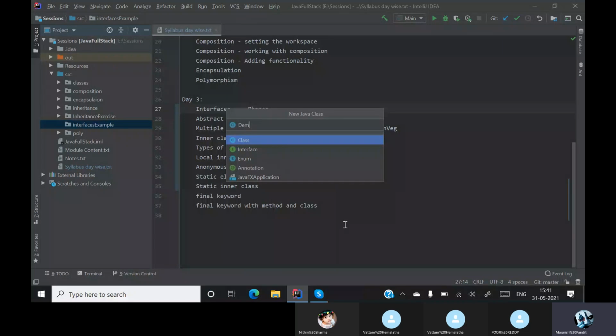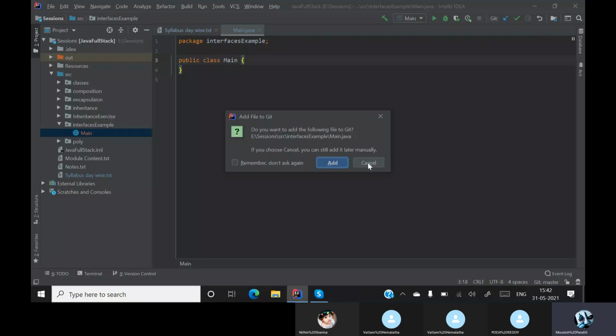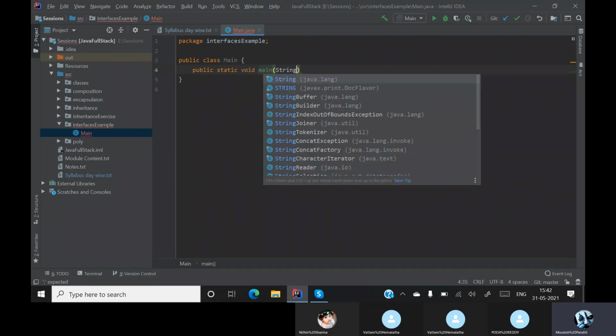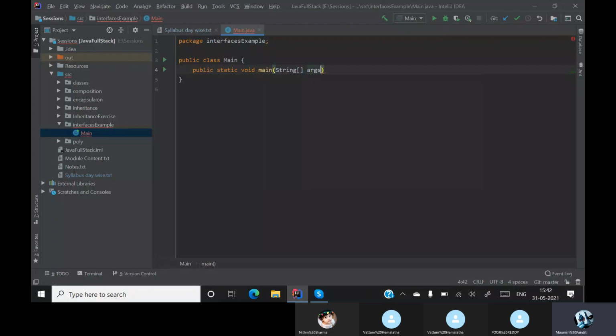Let the class be demo, or let the class be main. Okay, and this main class should be having public static void main, string arguments.